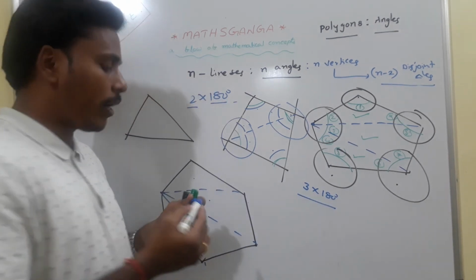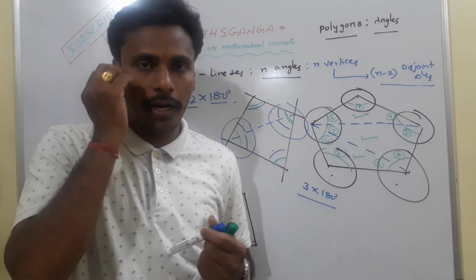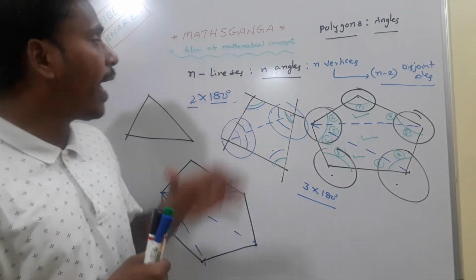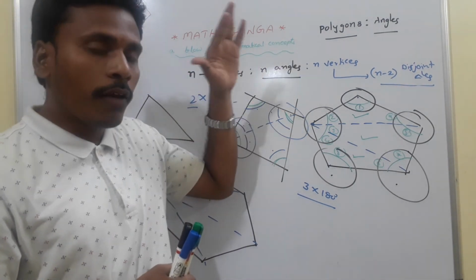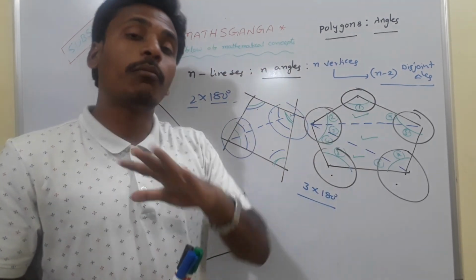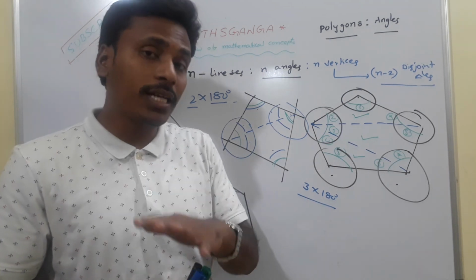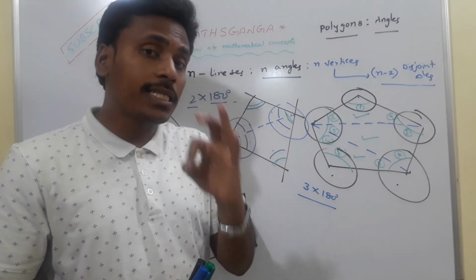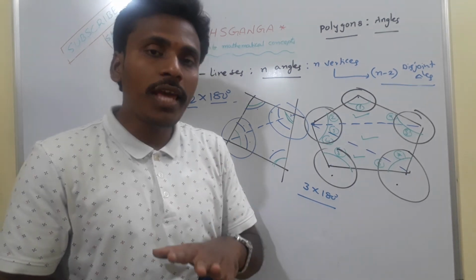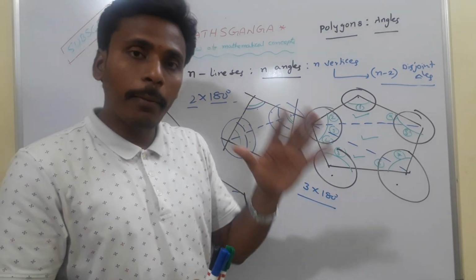It has 3 disjoint triangles, and in each disjoint triangle the sum is 180. So for any polygon having n line segments or n vertices, we can divide it into n minus 2 disjoint triangles, and the sum of the angles of that polygon is the sum of the angles in these n minus 2 disjoint triangles. So finally, the sum of the angles of a polygon is n minus 2 times